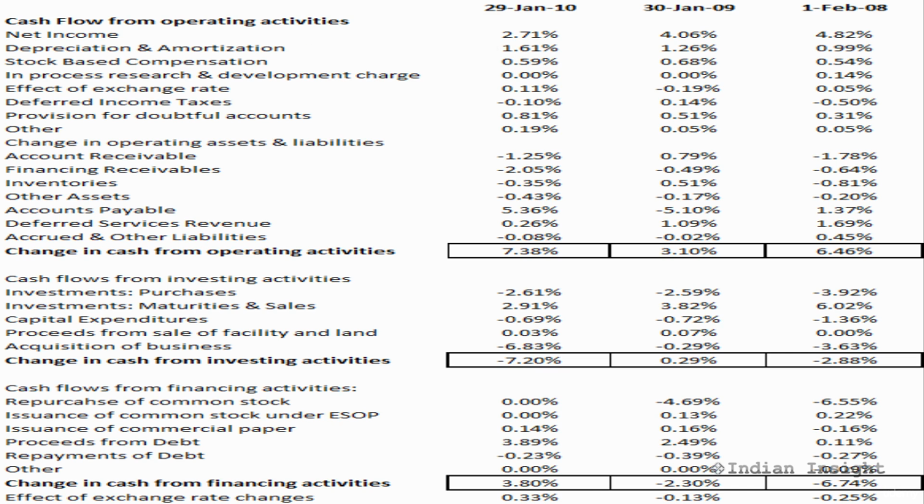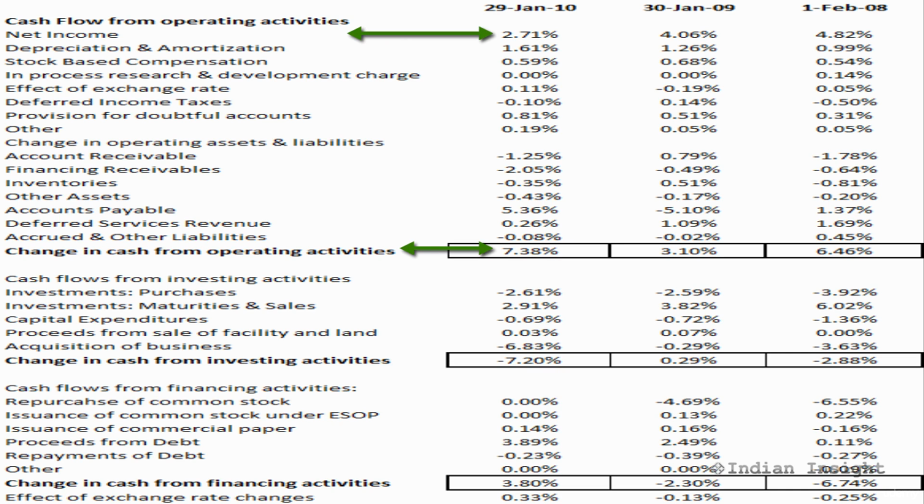Also we see that this company's capital expenditure is relatively small. It is less than 1% of revenues in most recent years, and the cash flow from operations as a percentage of total revenue indicates that operating cash flows are more than sufficient to cover these expenditures. Also we see that the company's operating cash flow as a percentage of revenue is usually much higher than the net profit margin, with the exception of the year 2009.